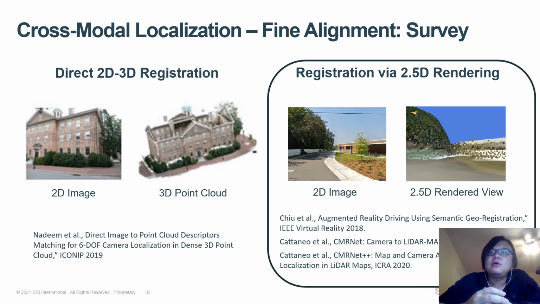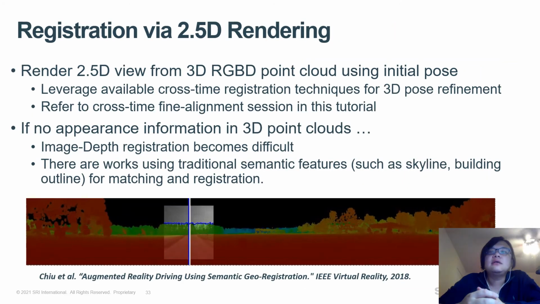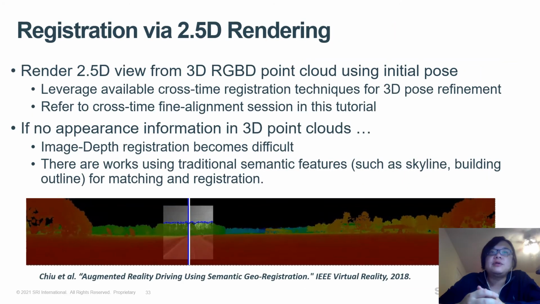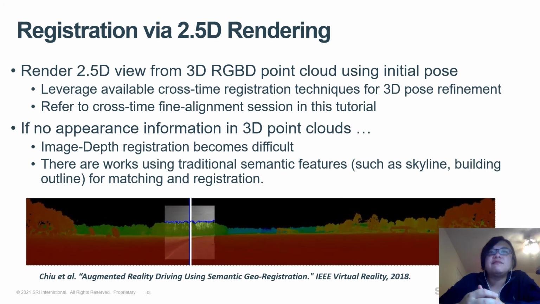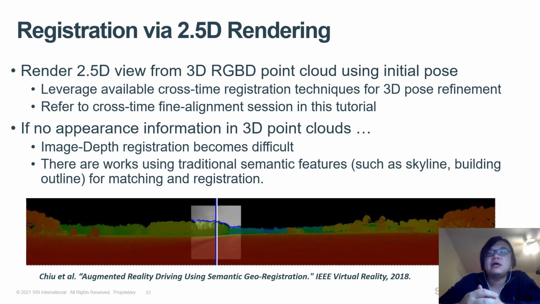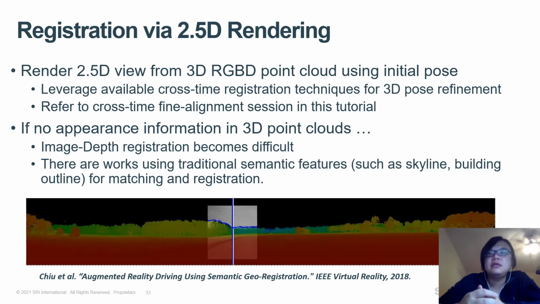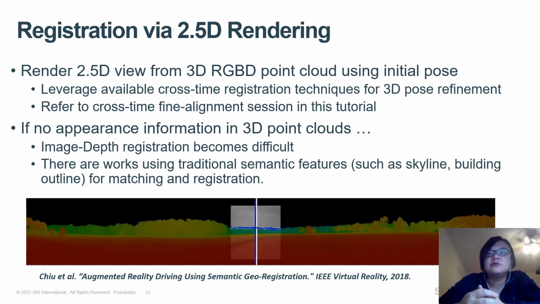Currently, most works on cross-modal file alignment focus on registration using 2.5D rendering. We are going to talk about some representative works in this area. The idea of this approach is to render a 2.5D view from the 3D point cloud using the initial pose. The initial pose is from the coarse search